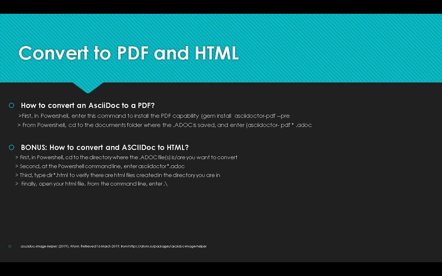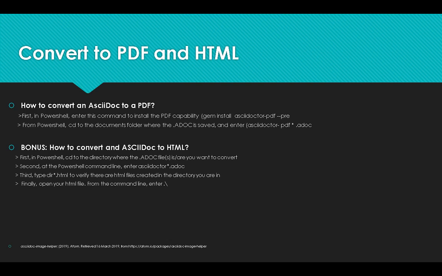Then from PowerShell you cd to the document folder where your .adoc file that you've created is saved, and then enter asciidoctor-pdf *.adoc. What that command is going to do is save every .adoc file in the directory that you cd'd into as a PDF. Keep in mind that one takes a little bit longer to render,